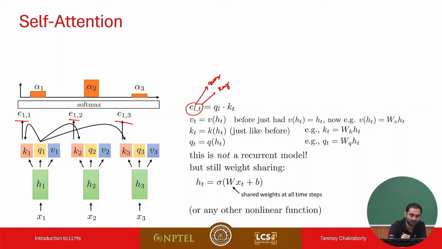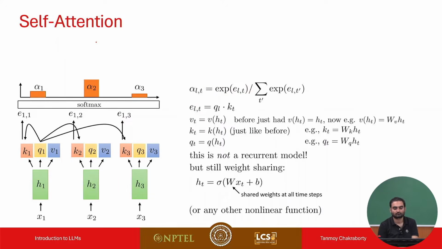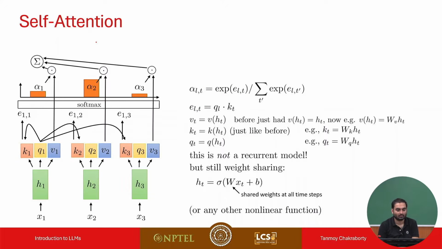These probabilities alpha 1, alpha 2, alpha 3 act as weights, and these weights will be multiplied with the values. So essentially alpha 1 V1 plus alpha 2 V2 plus alpha 3 V3. Okay, so this is my attention vector